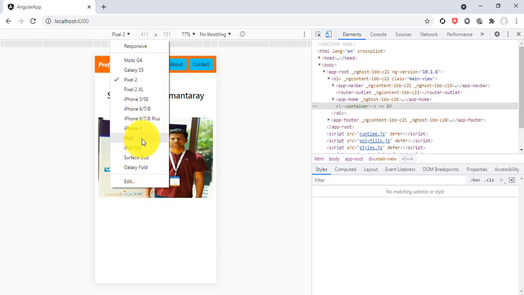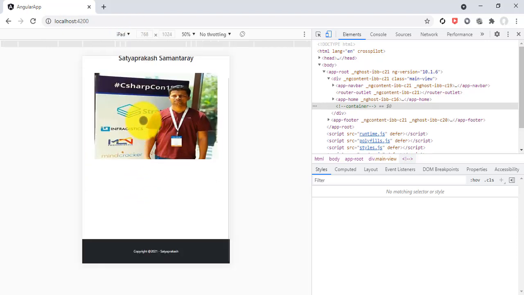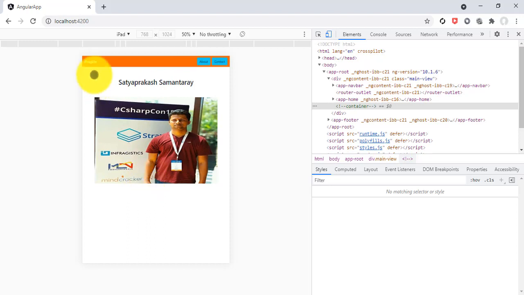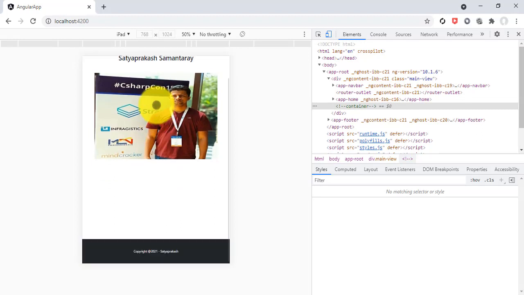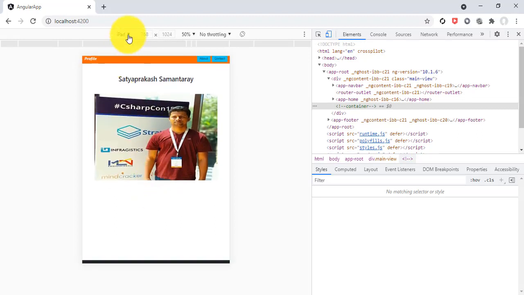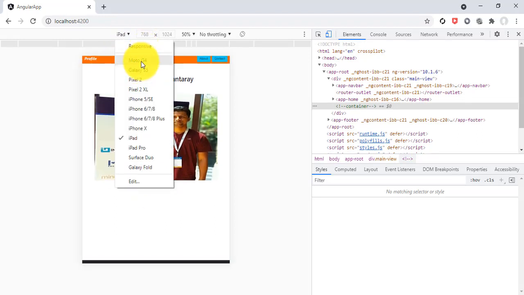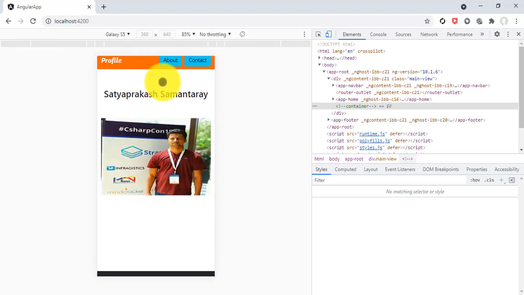And for iPad, you can see this page is responsive, that is the profile, table, image, h1 tag, and with this footer section. And the last one I'll check is Galaxy S5.